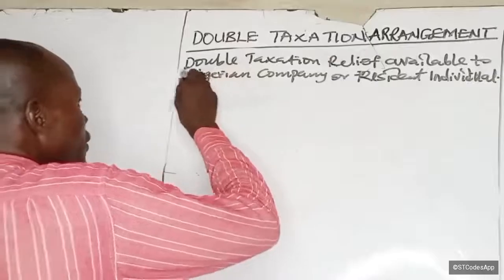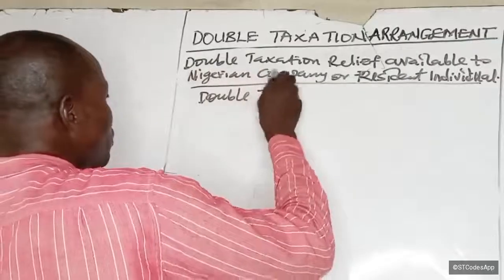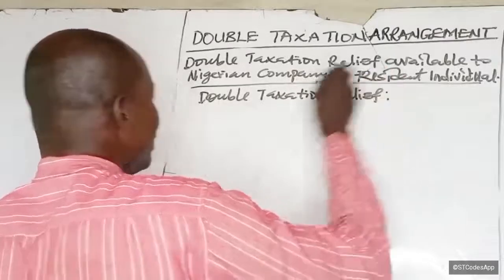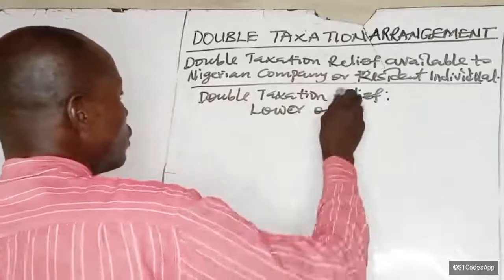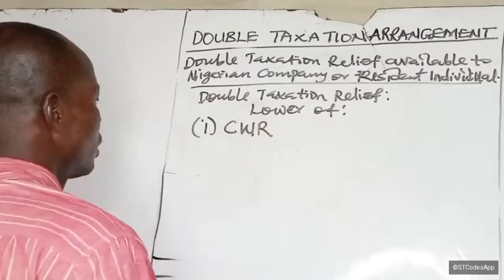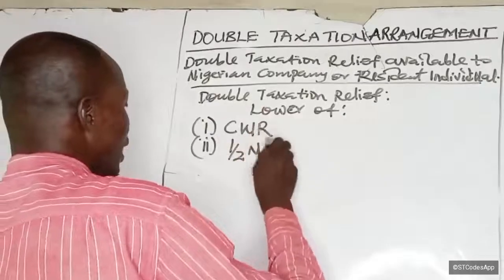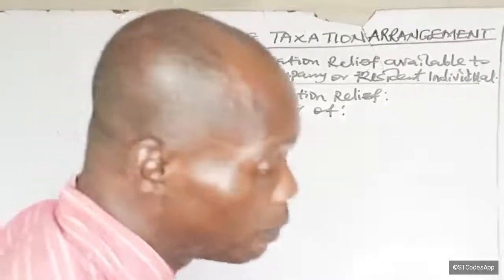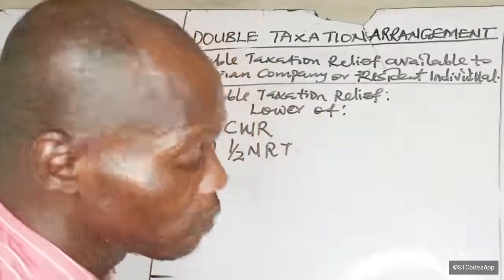Double taxation relief shall be the lower of one, the Commonwealth rate, and two, half Nigeria rate of tax. The lower of these two will be the double taxation relief available to a Nigerian company or resident individual. So what this means is that,